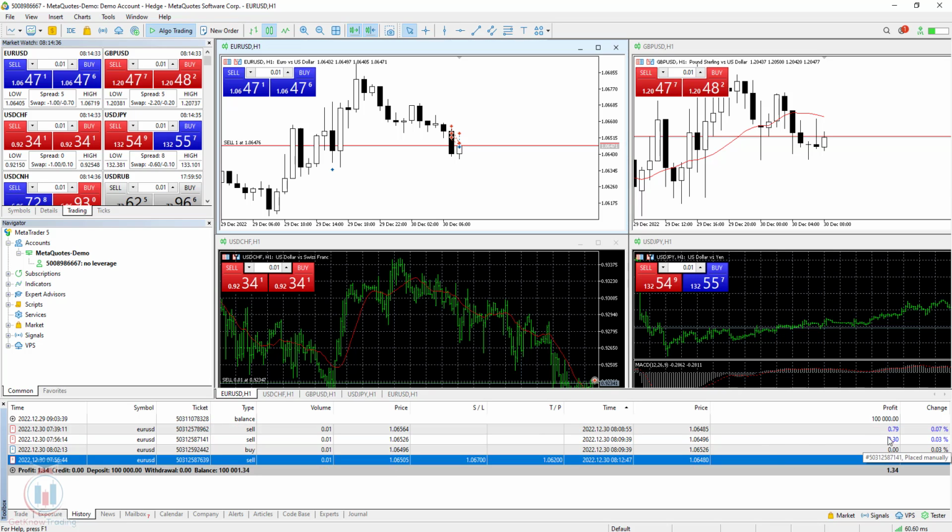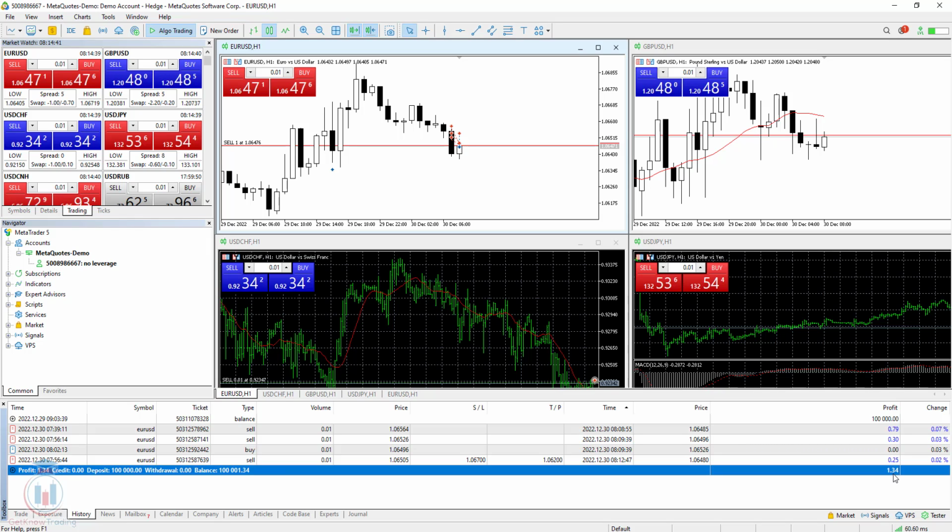You can see what is the profit that you have made on these orders. So I have made $1.34 just by closing and opening these trades in a few minutes. So you can see